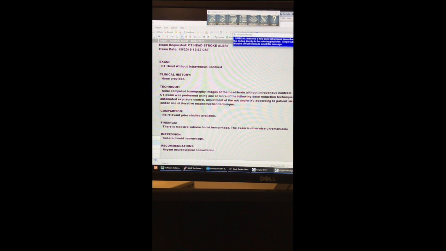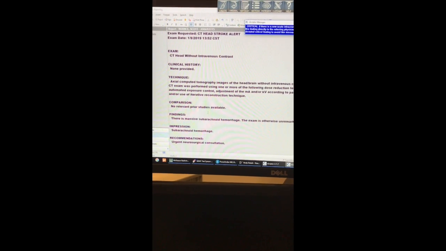And then when I build the report, because I did findings and impression, that's all that will be in there. So that's narrative technique, or using a narrative form. It's telling me that this is something bad, okay, which is a nice warning. But you see that all this other stuff is already in there. The technique is already in there. I didn't have to dictate that, but it only puts in what I do, as opposed to using